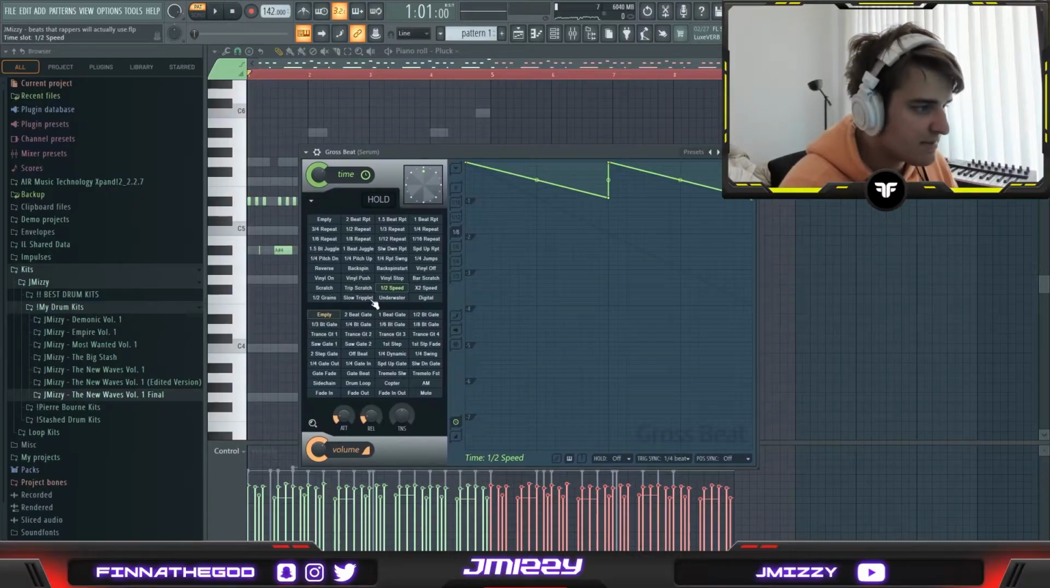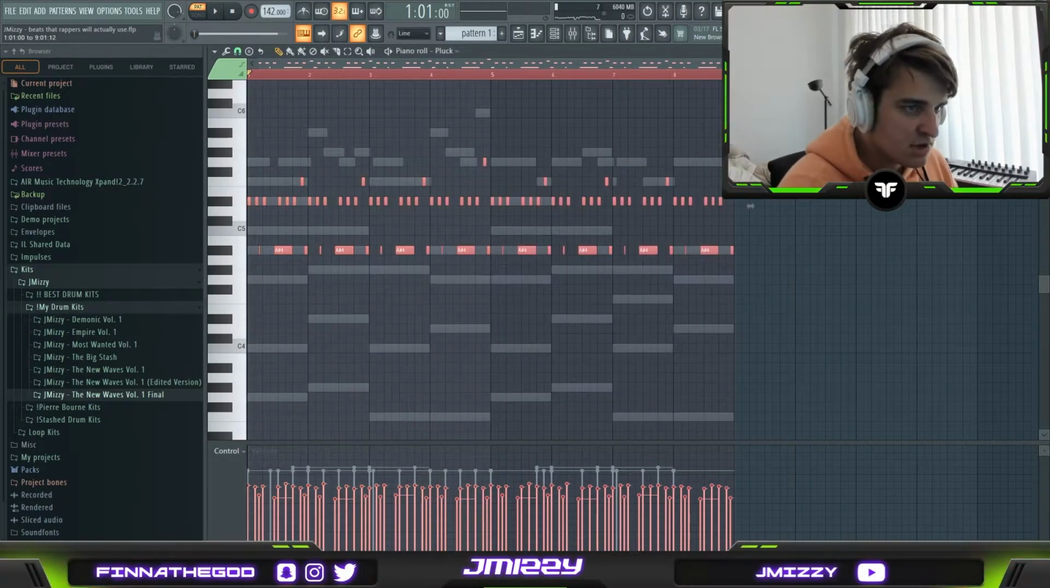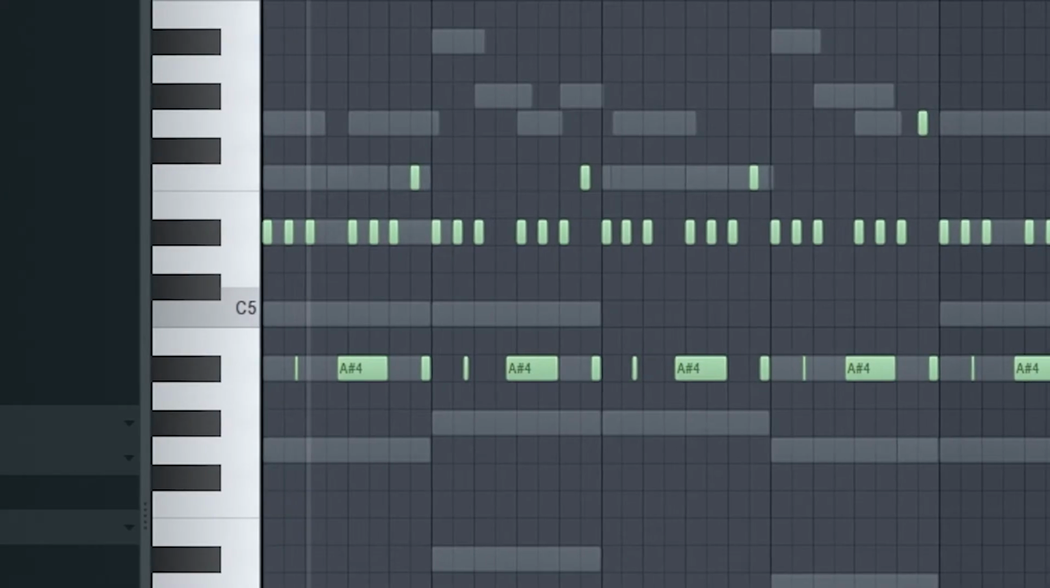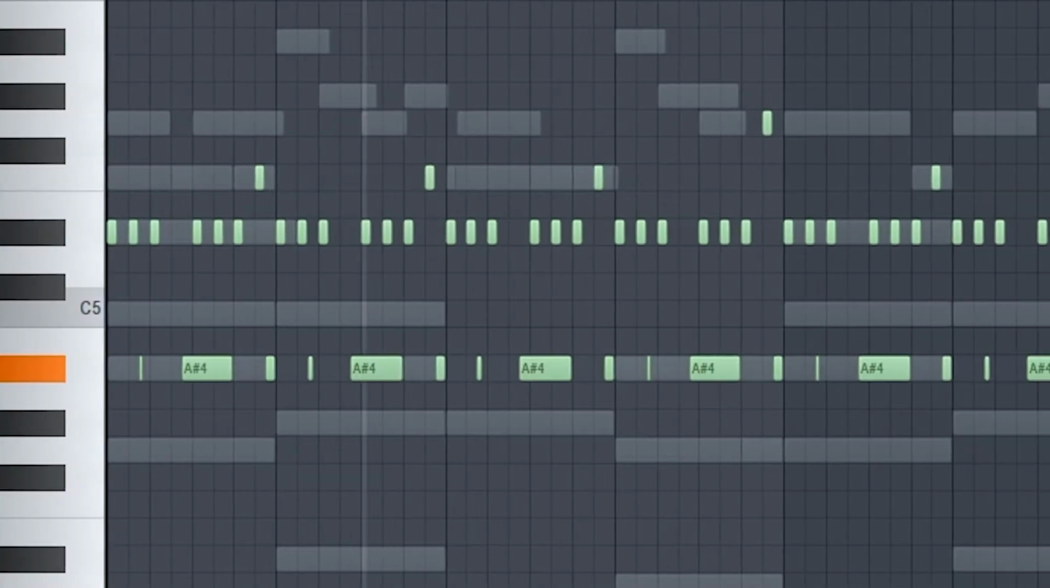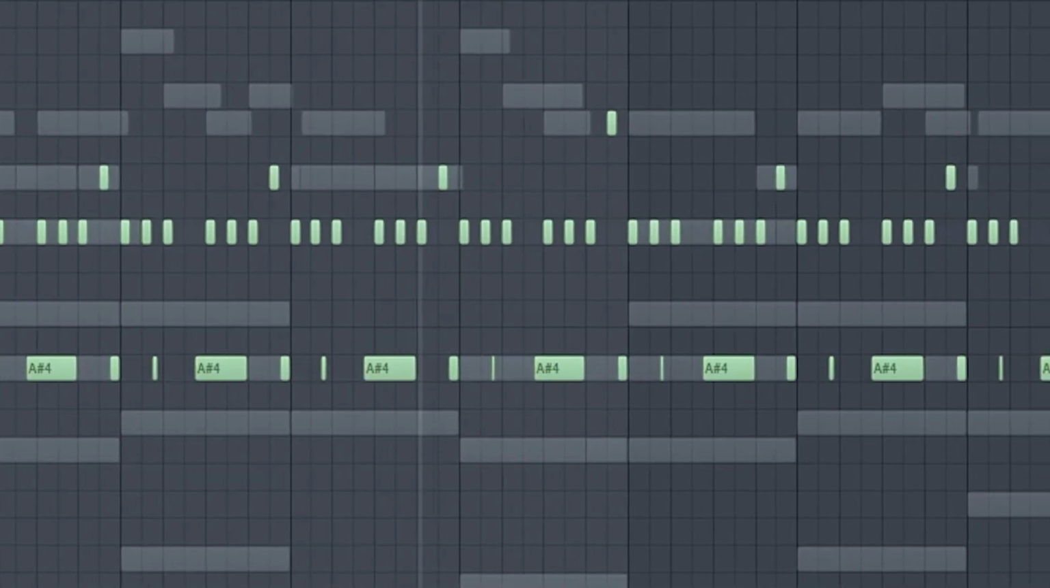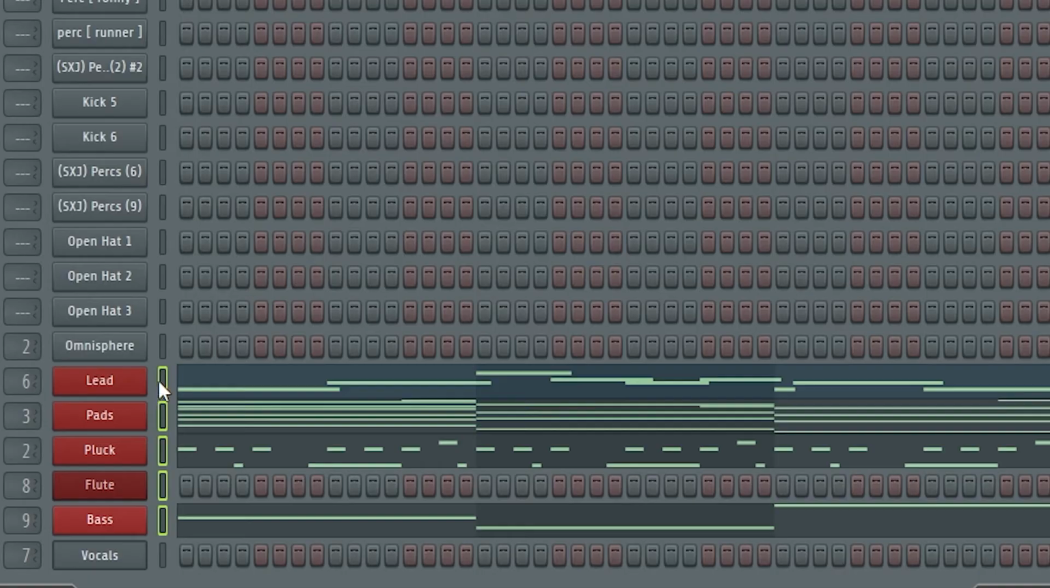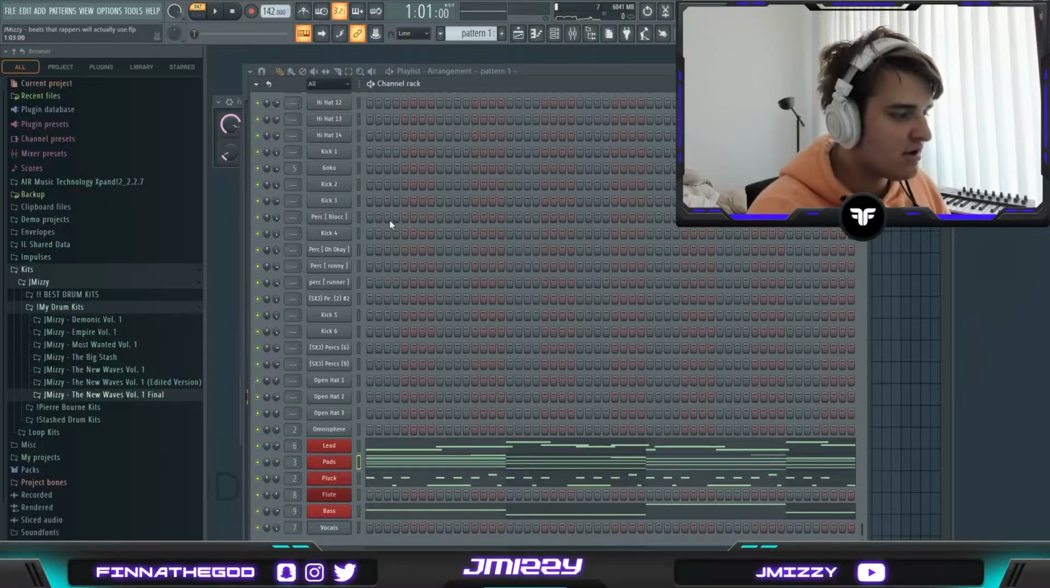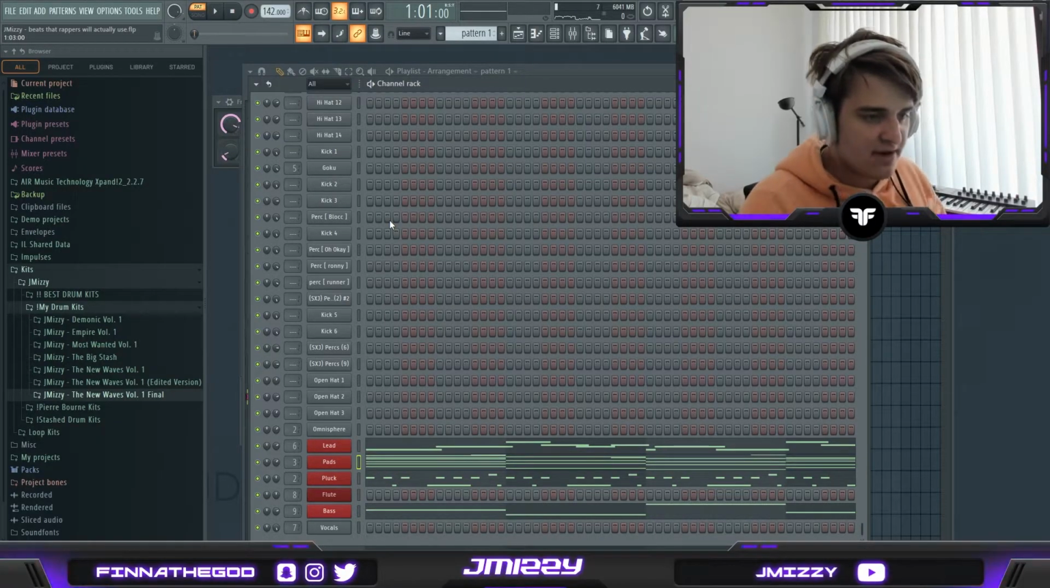It's a little bit slow, so I'm going to throw on this gross beat half speed preset just because it's moving a little bit too fast. If we want, we can maybe mess with the transpose, -2. Okay, so now that we have a complete melody with enough parts to take in and out of the beat to make the arrangement interesting,